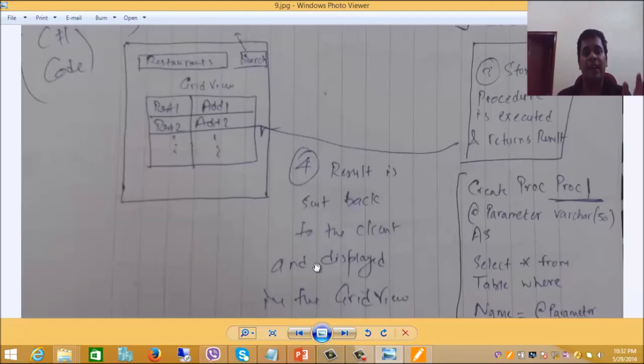So in this way, if multiple clients come to your website, instead of sending a big amount of code, you are just sending a stored procedure name and the parameter list. So very little data is sent, and you are putting less burden on the network. So in this way also you can increase the performance.